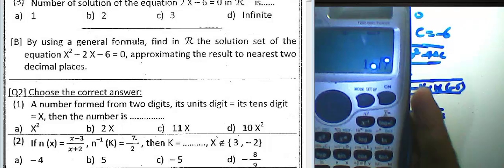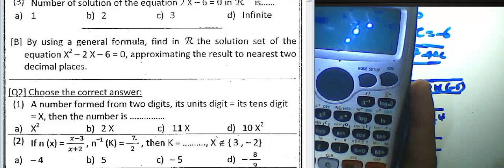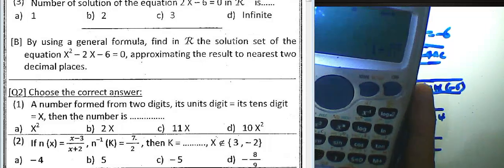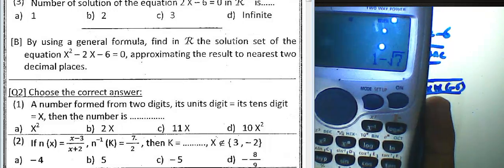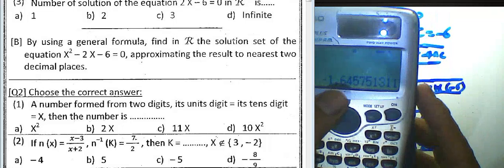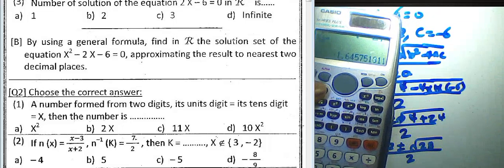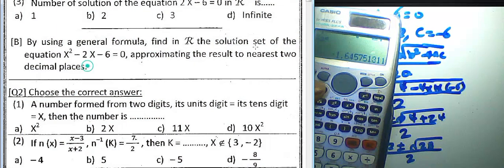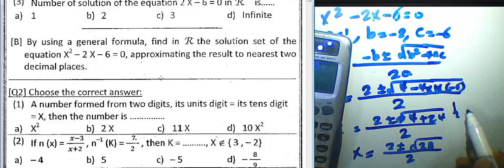We can use a calculator. The result will be 1 plus root 7 and 1 minus root 7. Okay, by using the calculator, the result will be negative 1.6. Yes, the question asked about approximating the result to 2 decimals. So the result will be what? Negative